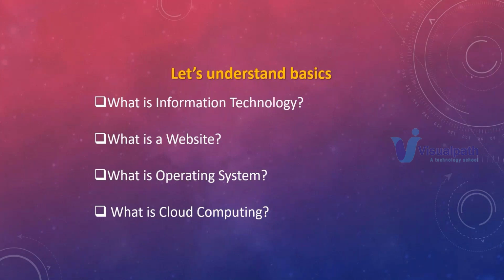For example, earlier, if I want an internet connection, for example, what you're using at your home, now you have joined this particular demo class. How have you joined? We are not sitting in front of each other, right? You are sitting somewhere else at your home, and I'm sitting at my home, and we are able to talk to each other. How is that possible? Internet. So internet is one of the cloud computing, right? It is providing a resource over the internet. So GoToMeeting is one particular cloud computing.